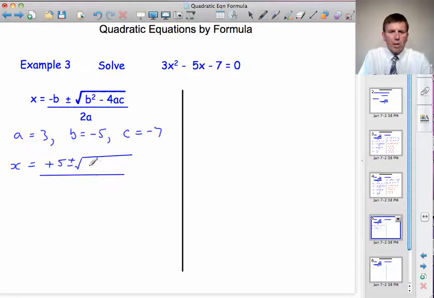of b squared, which is minus 5 squared, minus 4 times 3 times, and again I'll put it in a bracket because it's negative, minus 7, all divided by 2a, which is 2 times 3. So x is equal to plus 5 plus or minus the square root of